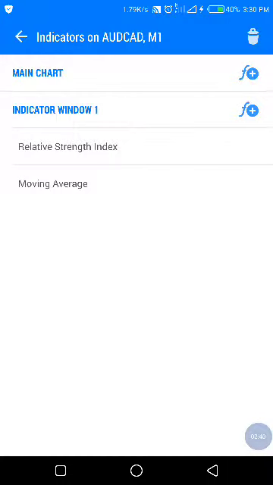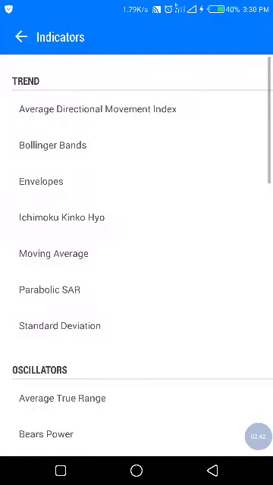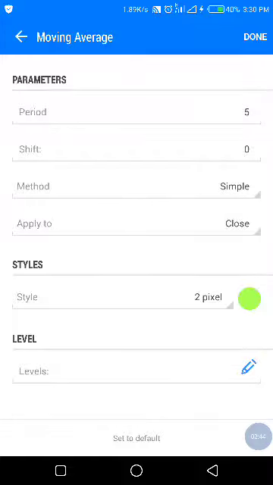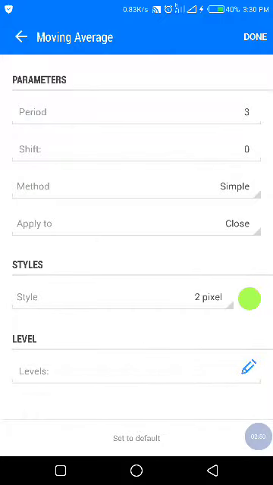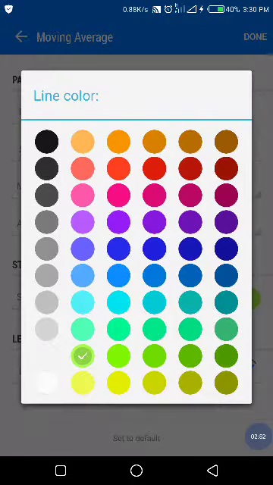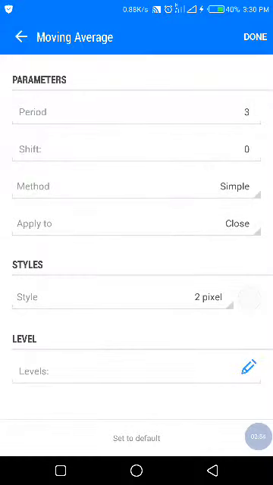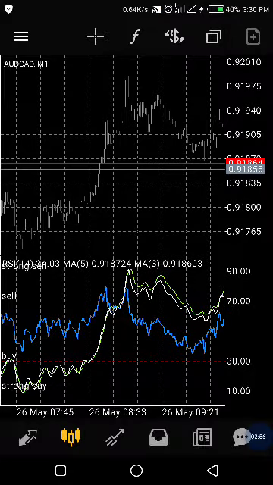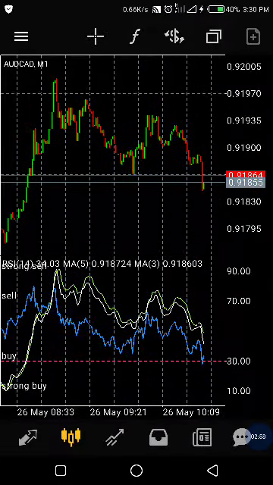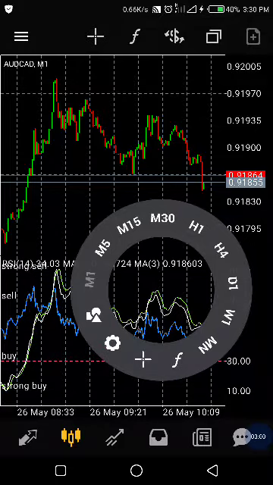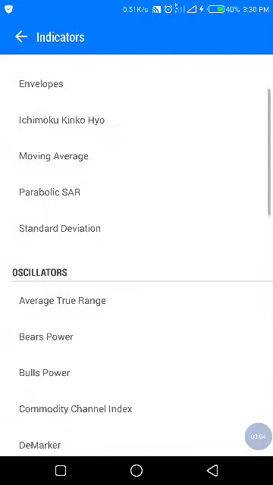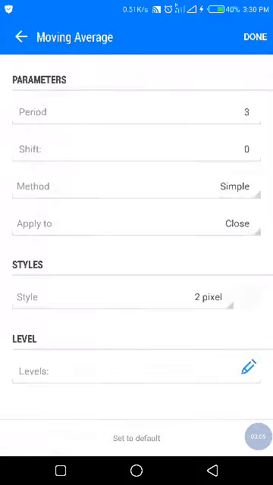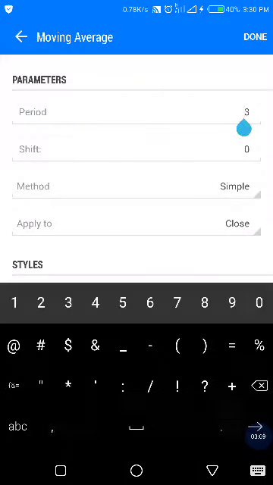Then the next one we'll be adding is another moving average. The period will be 3. Then simple, change the color to, let's say, white. Done. This is how it will look like. Then we add another moving average. The next one will now be 2,